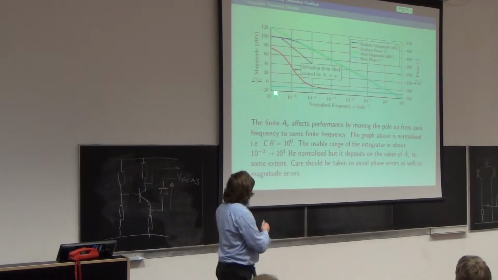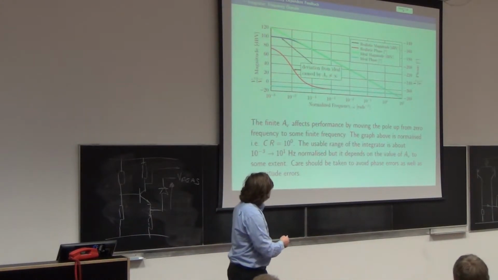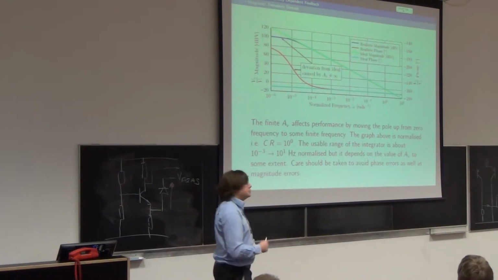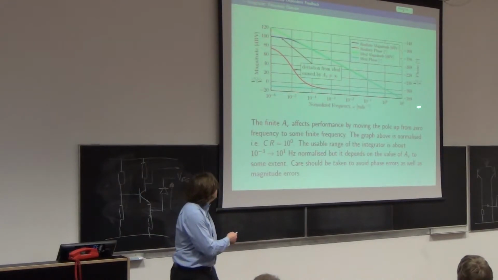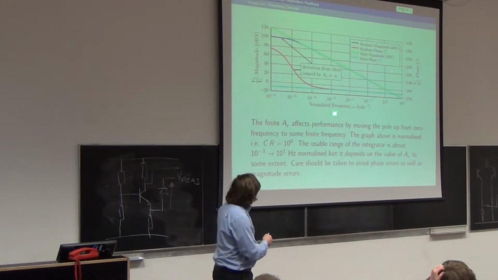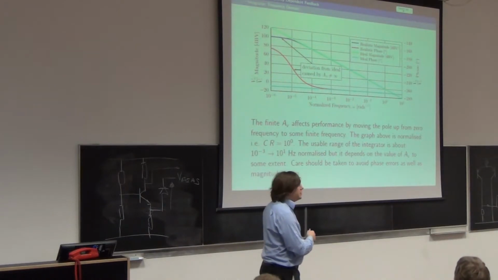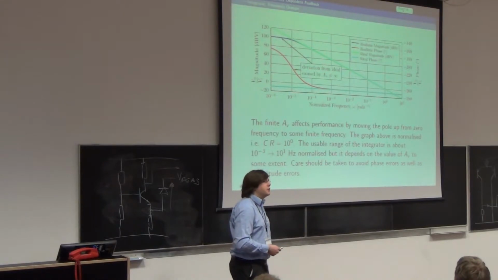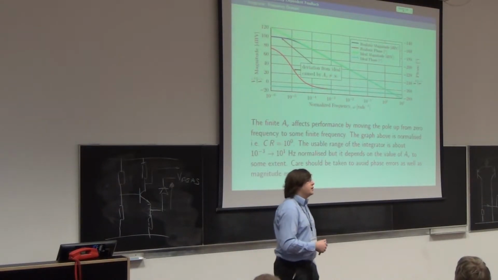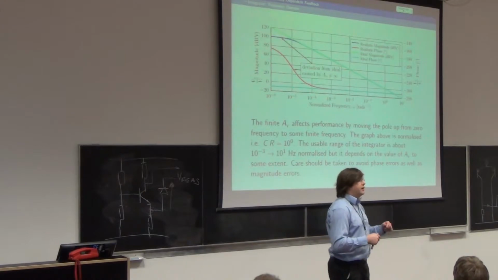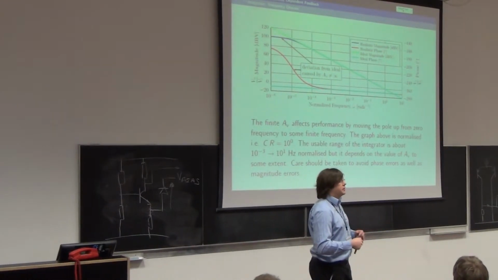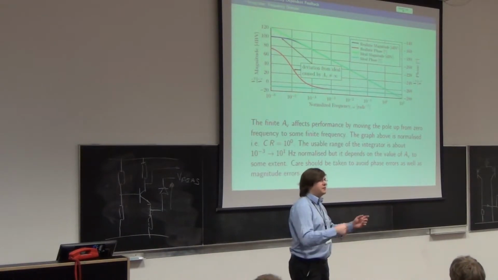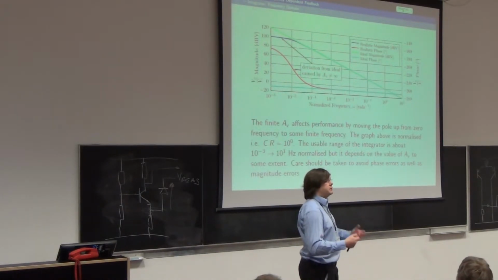Ideally, of course, the phase would be constant and minus 270 or minus 90 if you prefer, plus one inversion, which is worth 180. The axis in this graph is done like this because it makes it independent of the particular situation. To produce this graph, I made an integrator in Spice out of an op-amp, what I'd made in a box, and I wrote some equations for the op-amp so that I knew what its frequency response would be, and then I just sealed it up, gave it 3 terminals, and pretended that it was a real op-amp,